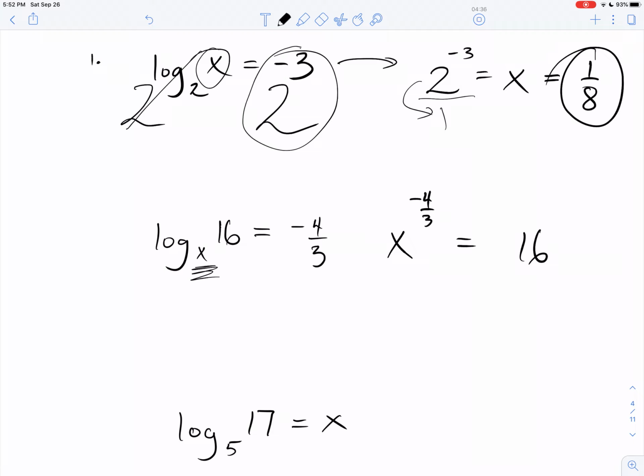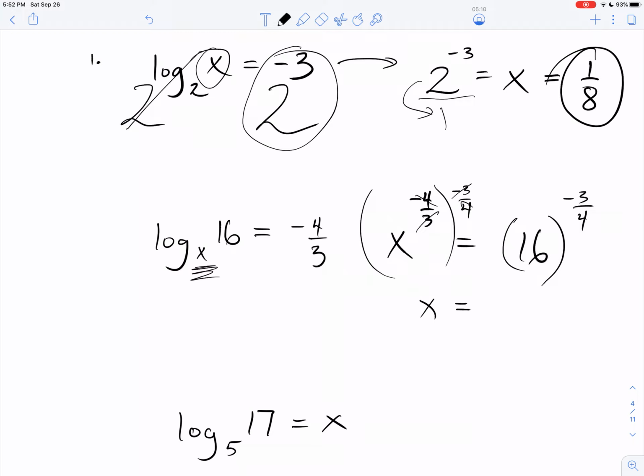Now, this is the one that most people forget how to do, and they go, dang, I don't know what to do. Well, it's reciprocal power. I take the reciprocal power of that. I take the reciprocal power of that. Heck, we had to do that not too long ago. And then over here, everybody cancels out because it's power of power. I get x to the first, but I don't have to write the 1 in if I don't want to. Whoops, I took away too much. Equals, now once again, 16 to the negative